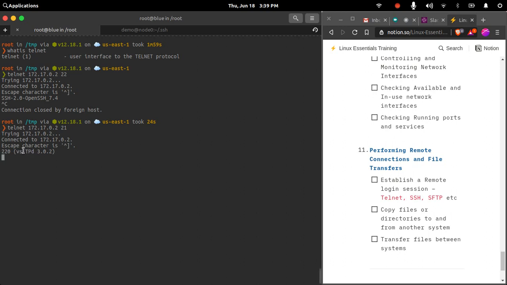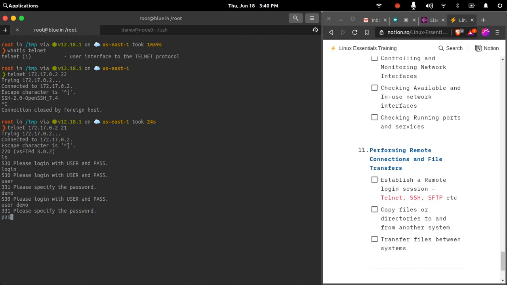It is used by FTP, and this is basically used for connecting on port 21. I can also issue commands here. I'm not sure what the FTP commands are. So login with user, specify the password, pass demo.